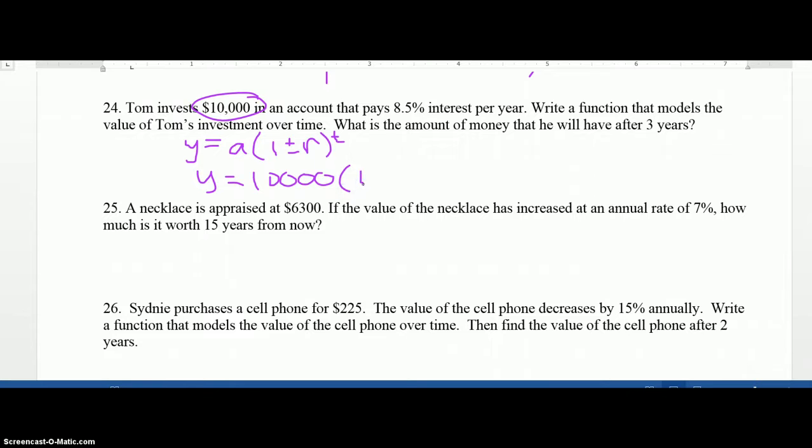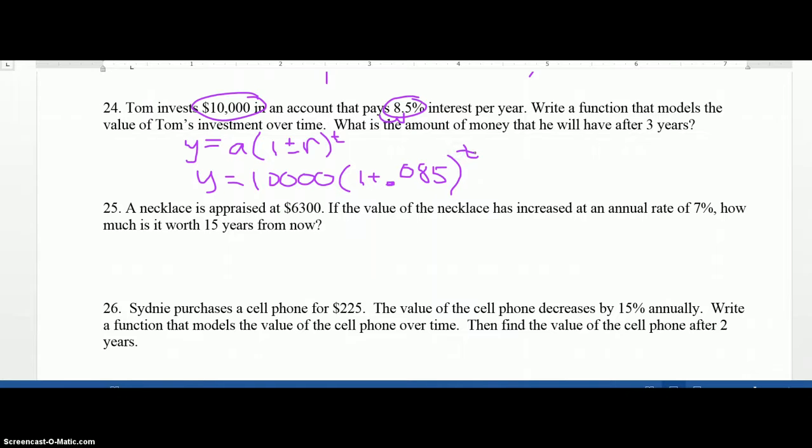And then we are gaining money here, so we're going to do plus the rate. Your rate is 8.5%, but we need to move the decimal place so that we have 0.085, because we moved the decimal place twice,